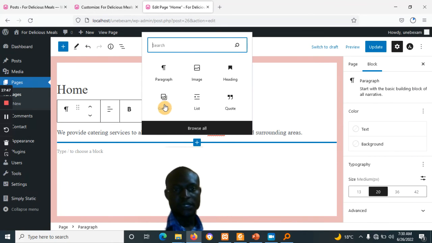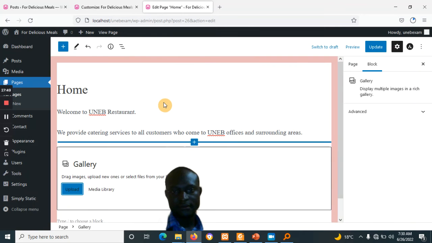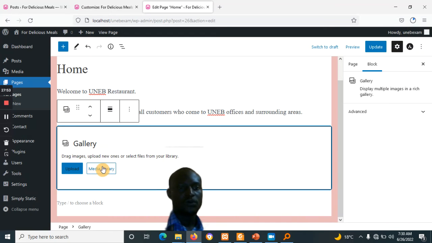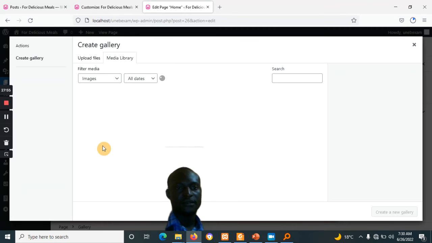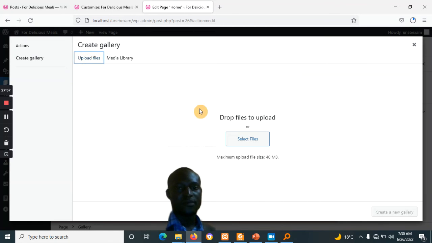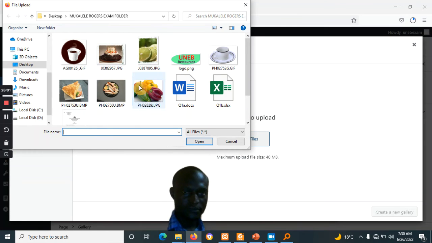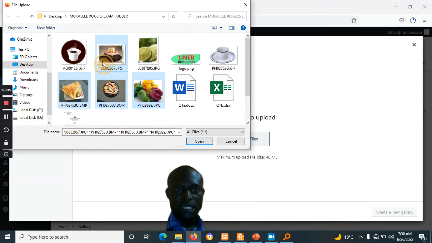I can click on gallery, then media library. I can say upload files. So I'm going to upload my files. I could even pick a house to show my